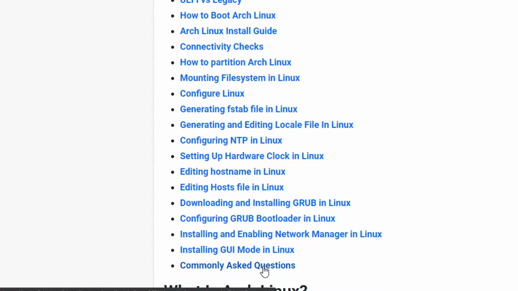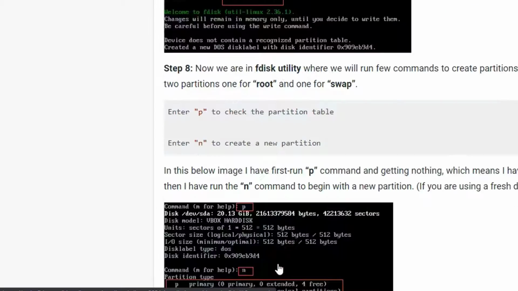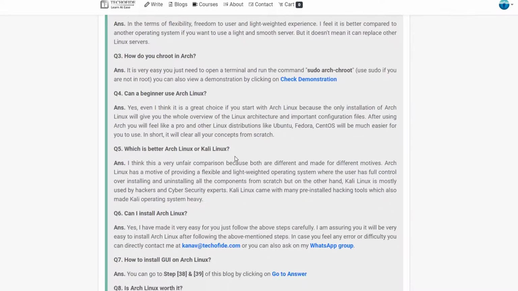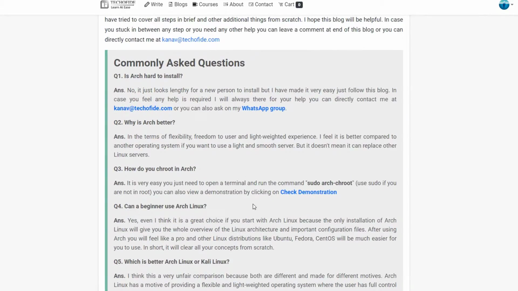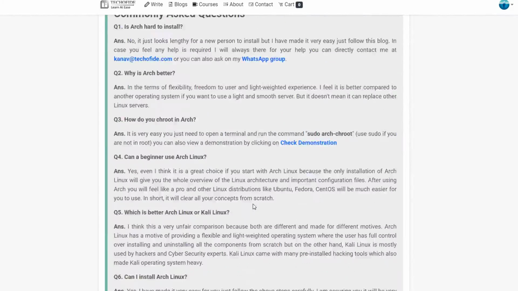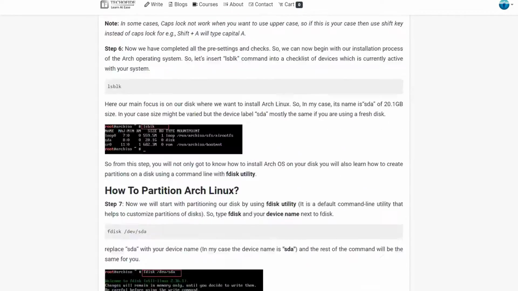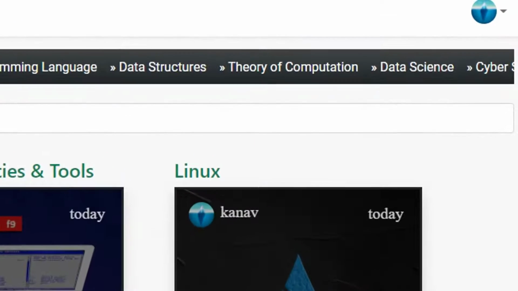So this is commonly asked questions. So let's suppose if you want to just click here. If you want to make your question answering, like commonly asked questions, you want to answer some question related to your blogs which is asked in Google, so you can also do that. To make that code, it is very easy. So for that, let's move to our blog which we have made.